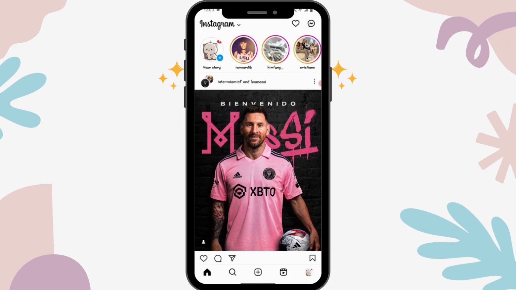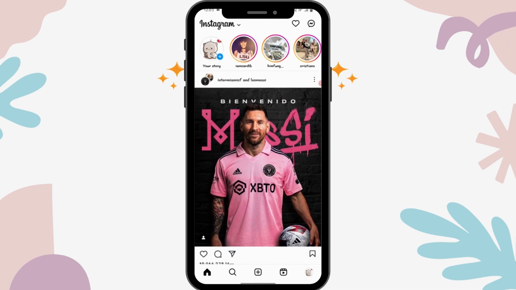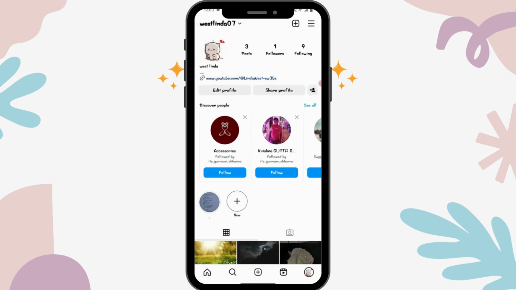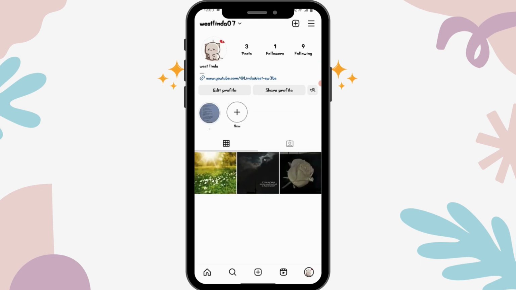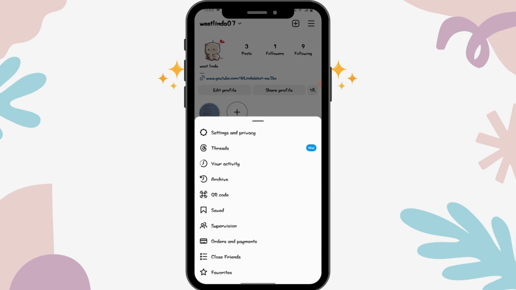And after opening, now you can go to your profile, which is on the bottom right corner. And after that you can go to the upper right corner, which has the three-barred icon, and head over to